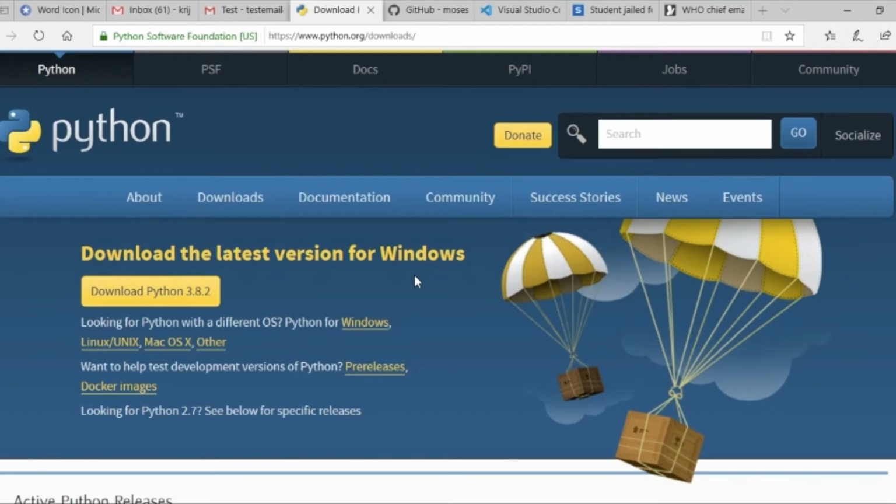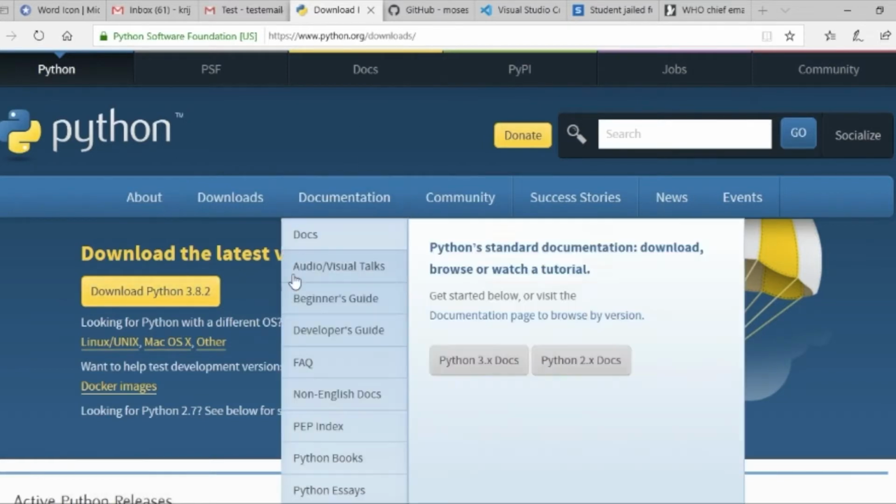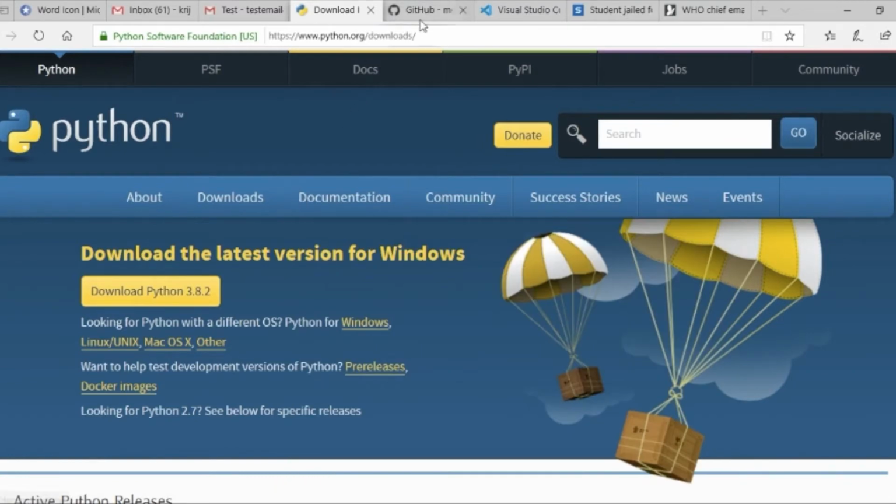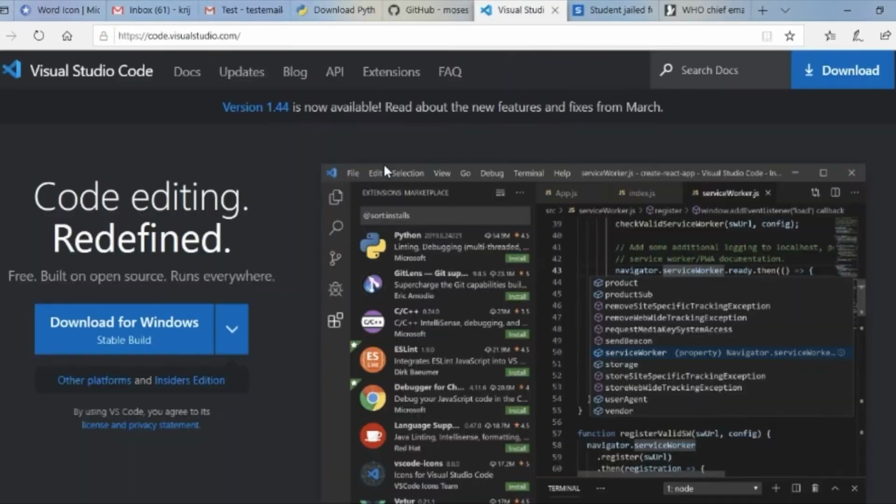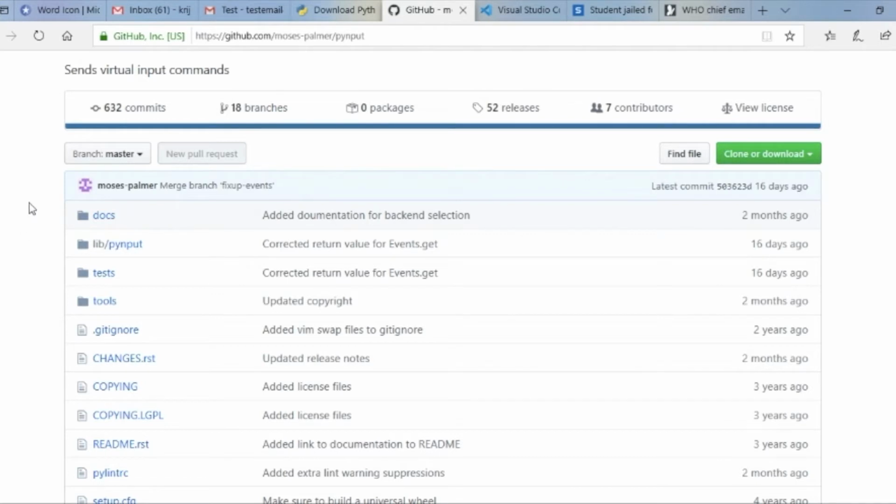For this keylogger that I have created, it is created using the Python language. The first thing that you will need to do is download the latest Python version right here. After you have downloaded the latest Python version, you will also have to download Visual Studio Code, which will enable you to edit the code and write the keylogger script. And after you have downloaded that, you'll have to download the PyInput file right here